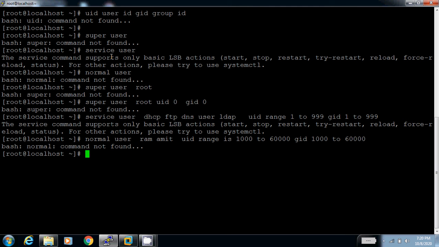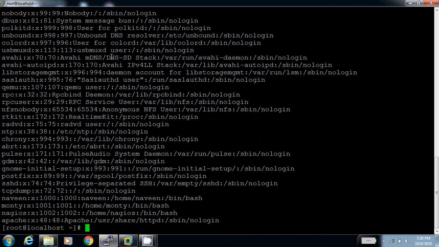In the Linux operating system, the user related information is stored in a file. The file name is /etc/passwd. This is a very important file in the Linux operating system.